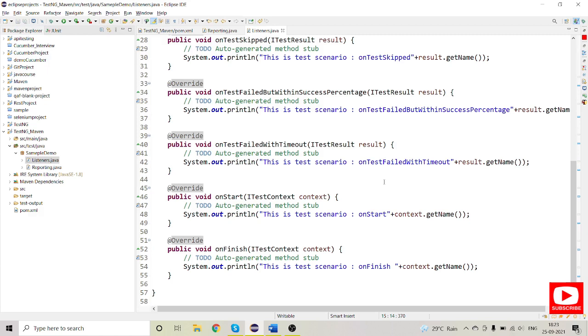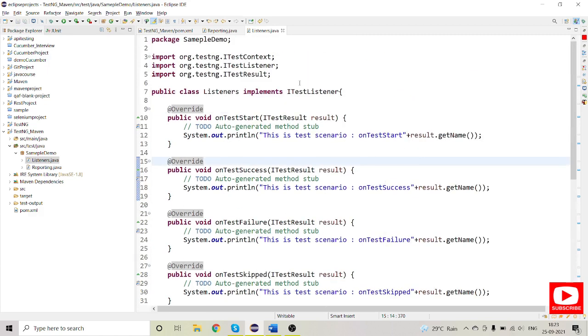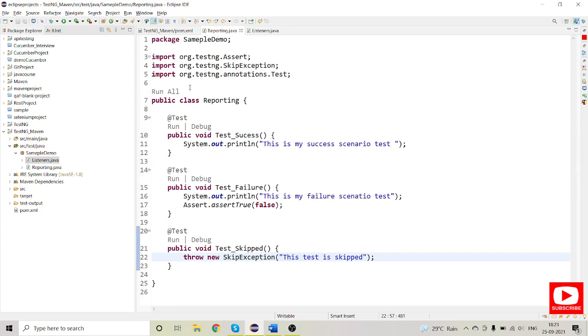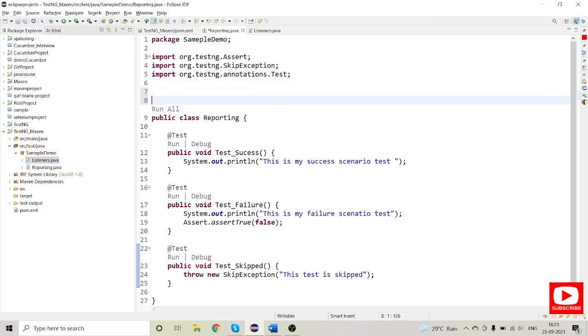Now let's quickly save this, and see how we need to use these methods in our class. We have one more line to add before our class. This is my reporting class, or we can say a test suite. Under that we have the test cases. Before that we need to use an annotation called @Listeners.